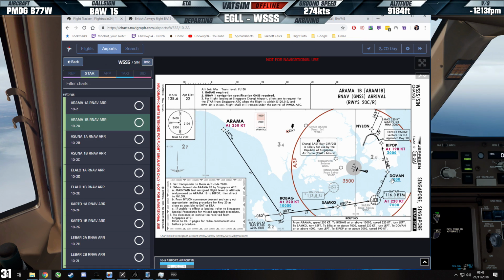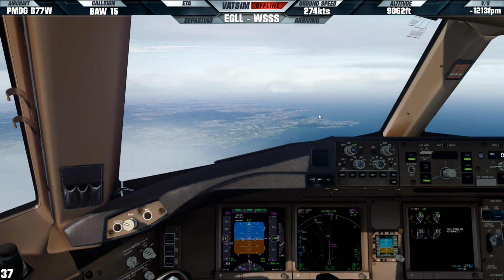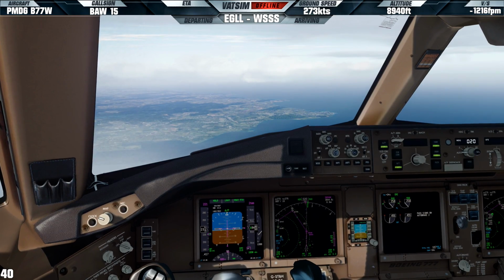I eventually realized it. And having a look at the following waypoints. Dovan, we've got a restriction at 4,000, and then Bipop, we've got to be at 190 knots. There's a restriction there. Now, if you have a look at my navigation display, those of you who are eagle-eyed